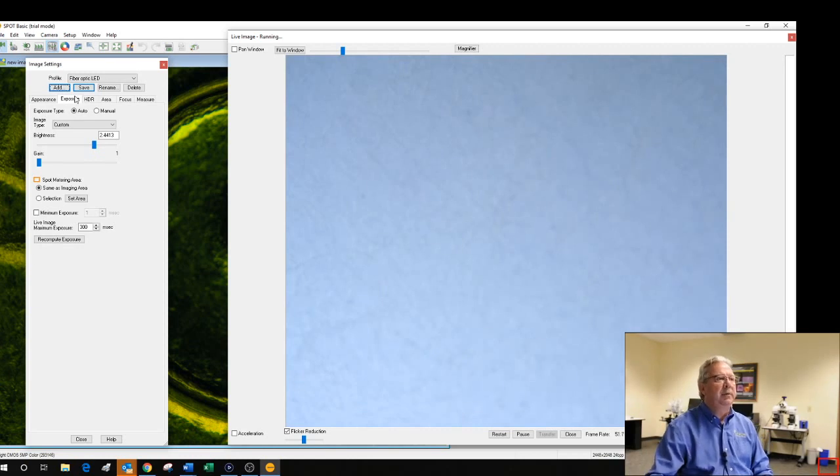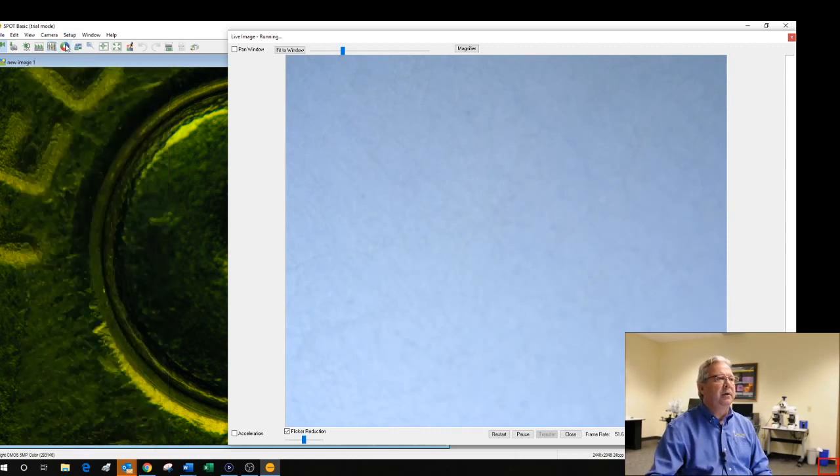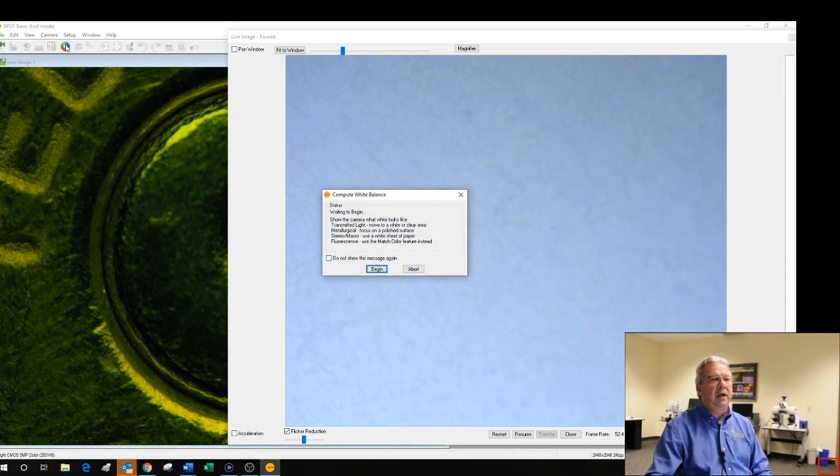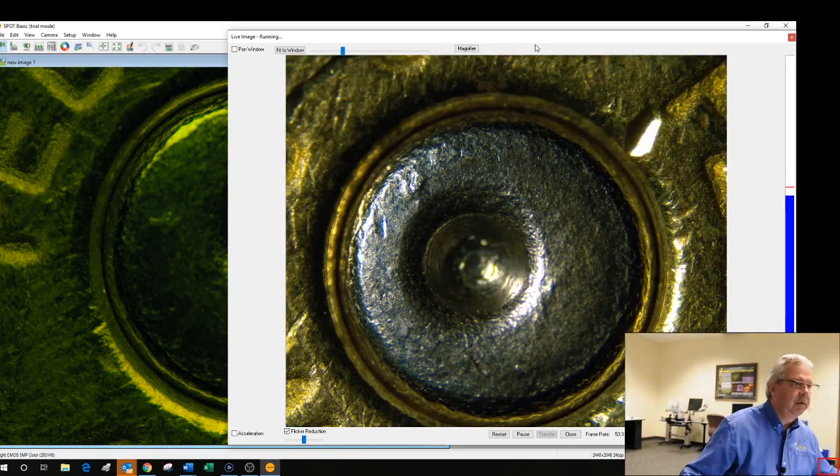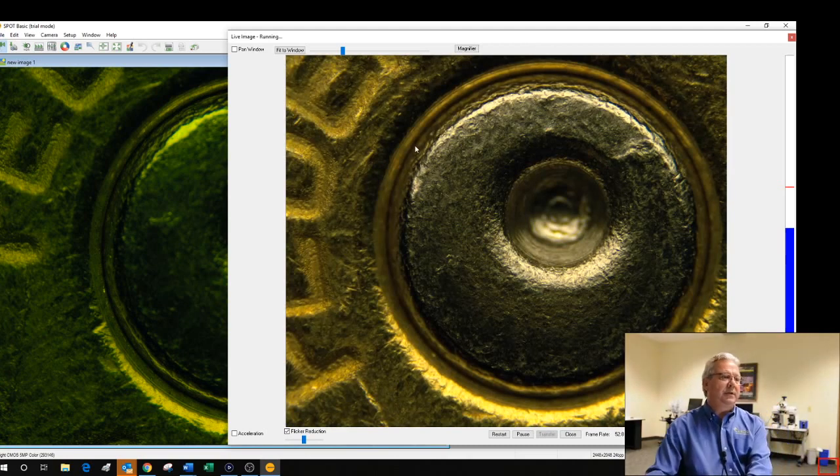I'm going to go back up to my little colored donut up here. Click on that. Again, I get a dialog box. I haven't read it for years, but basically it says put something white under here. Tell me when you're ready. So we've got something white under. We hit begin, and it's already saved it. Okay, so now we've got a correct color for our fiber optic illumination, as well as a correct color for our fluorescent light